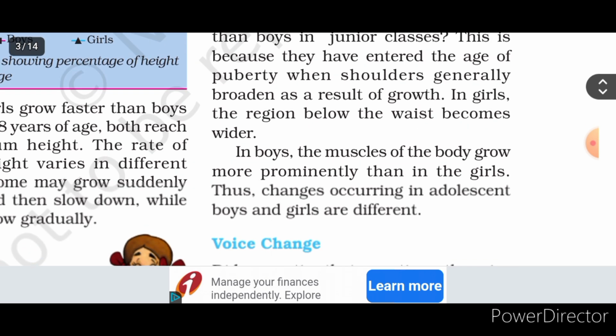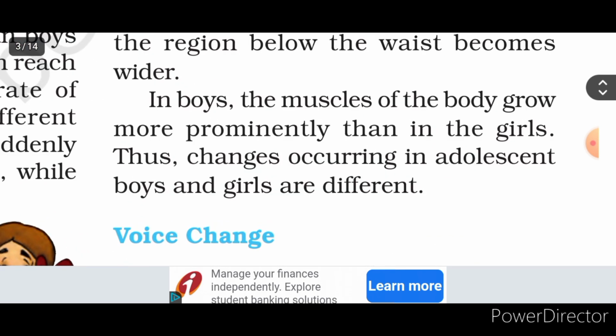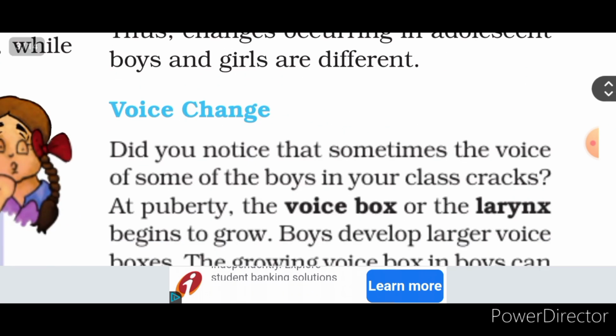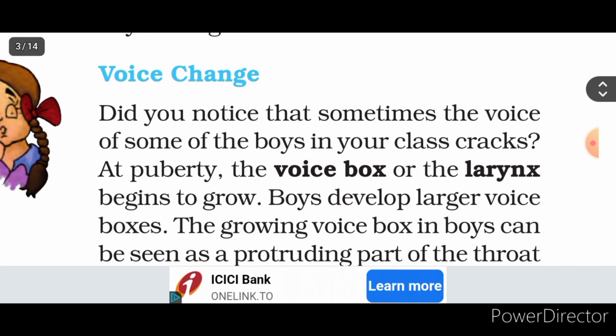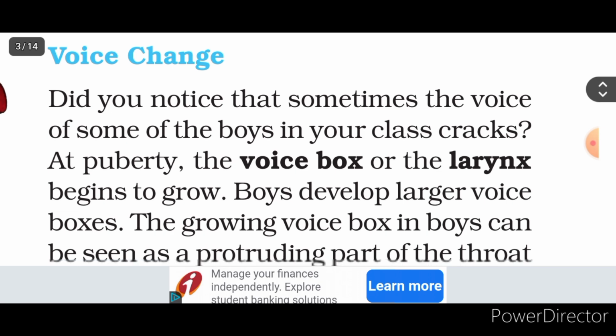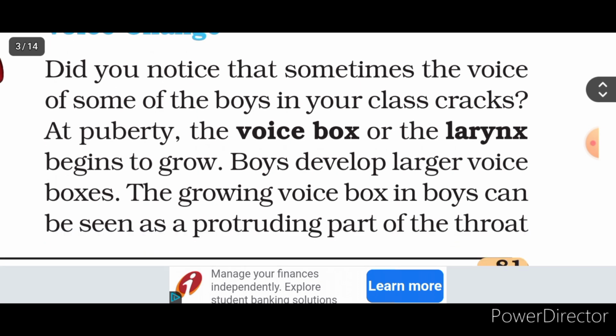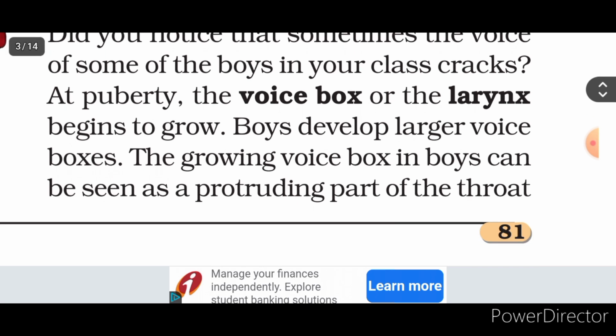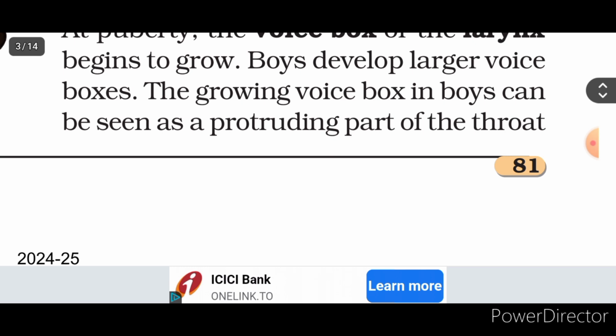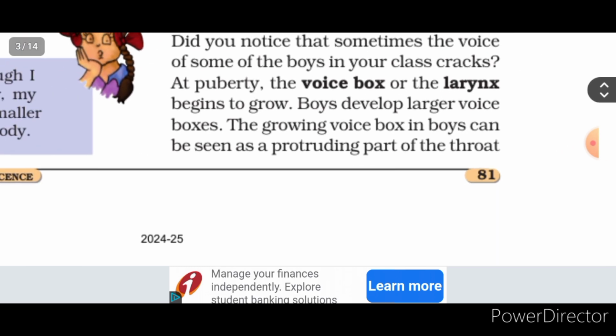Change in body shape. In boys, the muscles of the body grow more prominently than in girls. Thus, changes occurring in adolescent boys and girls are different. Voice changes. At puberty, the voice box, or larynx, begins to grow. Boys develop larger voice boxes. The growing voice box in boys can be seen as a protruding part of the throat,